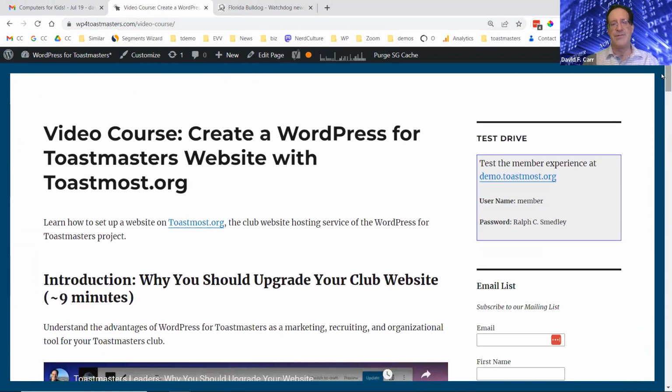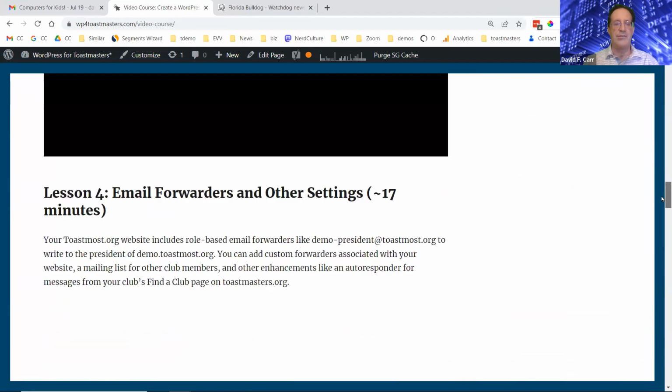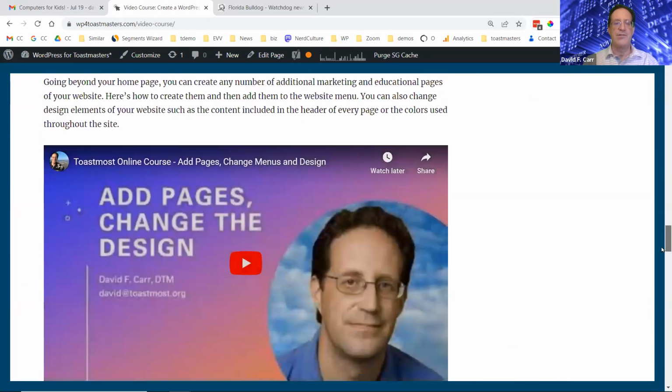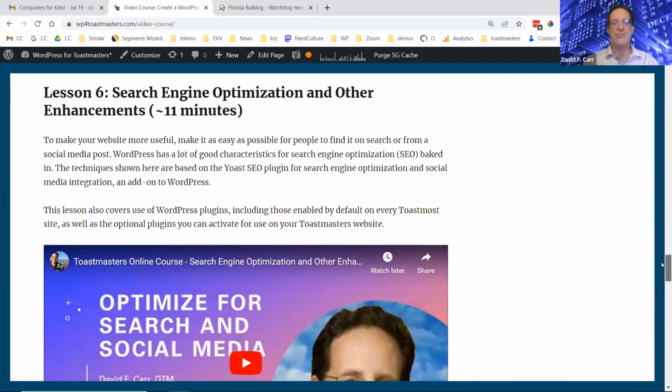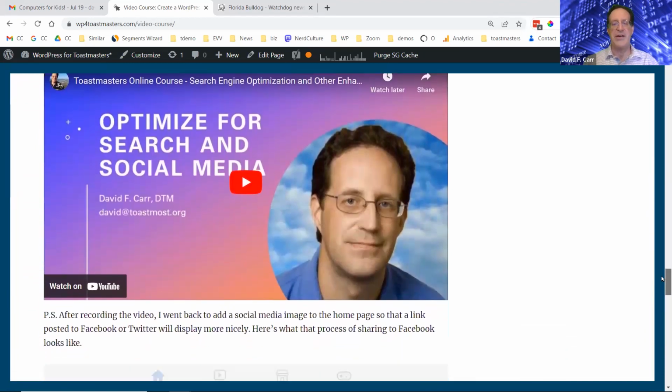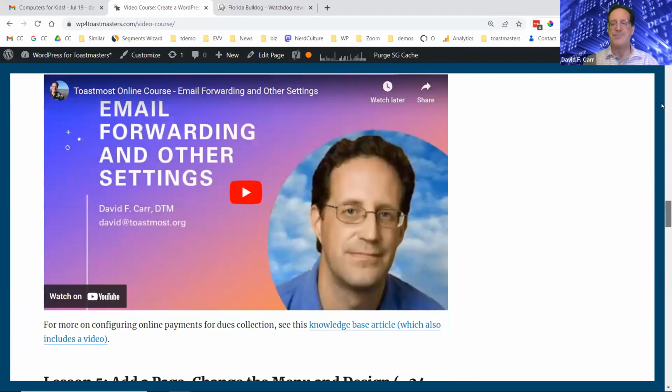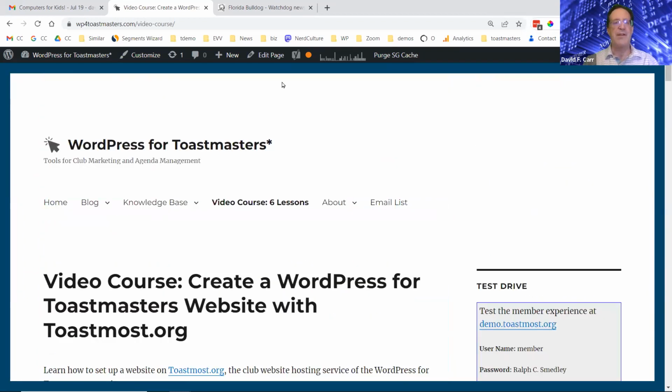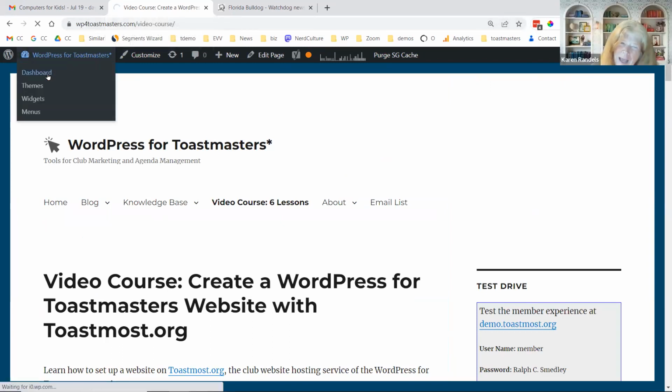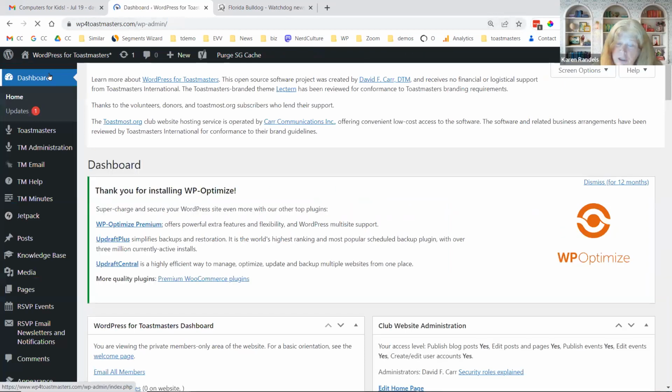So Toastmost is where the actual websites live, but WordPress for Toastmasters is where I have most of the documentation. And I believe it's the last one that talks about search engine optimization basics. But I can walk through some of that stuff. Is it critical that we have that down before we actually do something?